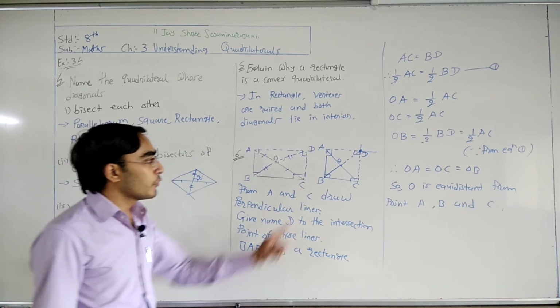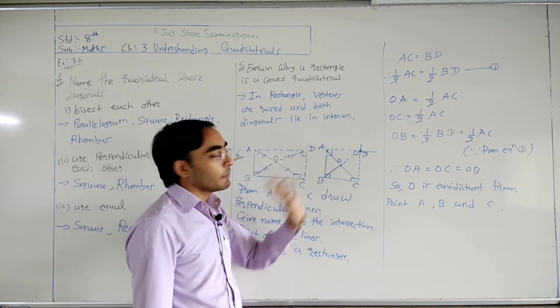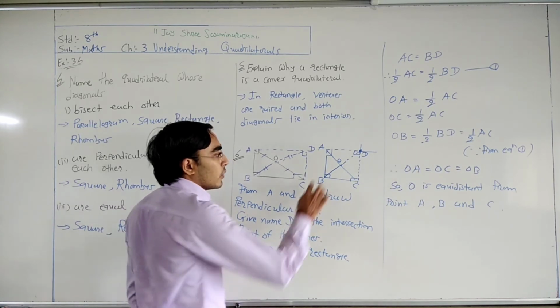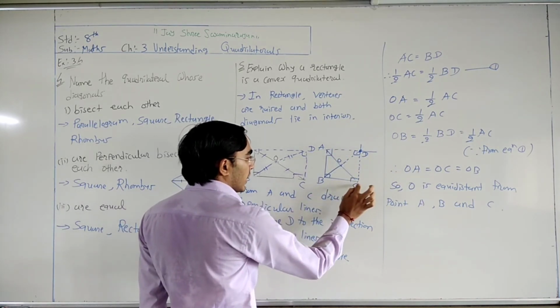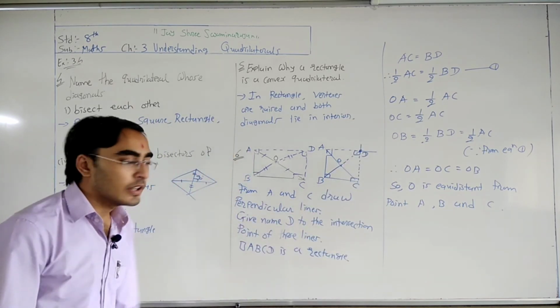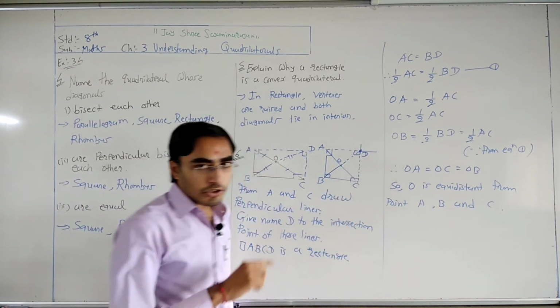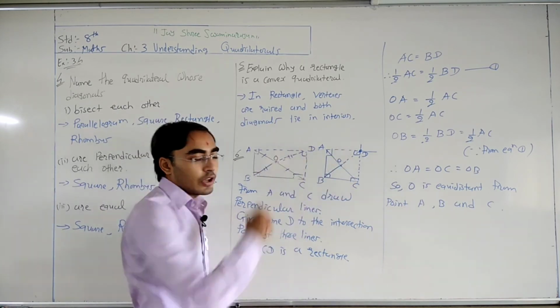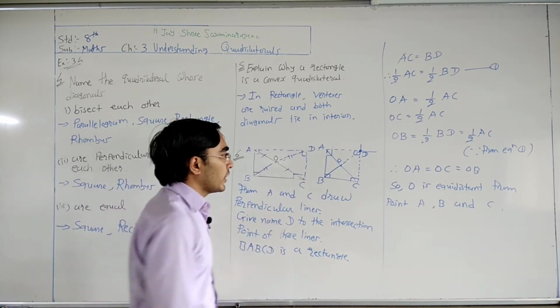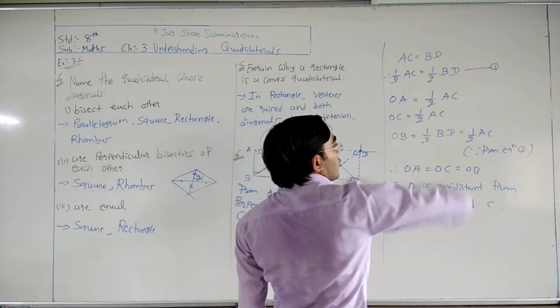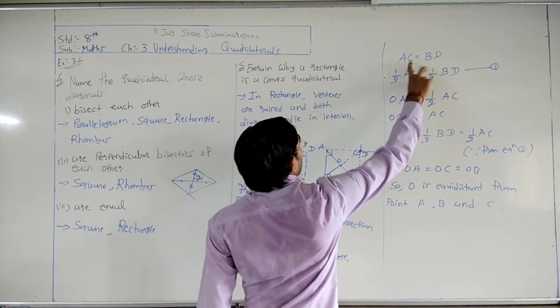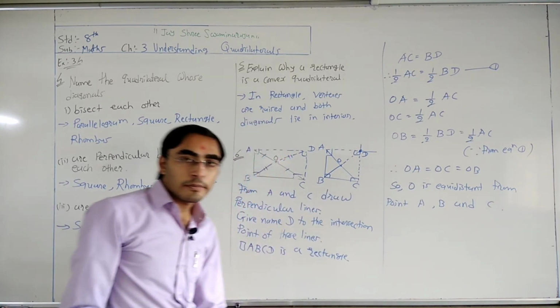Okay. Again, first of all, one right angle triangle is given to you, and one midpoint is given to you. Now, here make a 90 degree angle and draw one line. Give the name D to the intersection point. So ABCD is a rectangle. Now in ABCD, both the diagonals are the same, right? So AC is equal to BD. If AC is equal to BD, then half of AC is equal to half of BD.